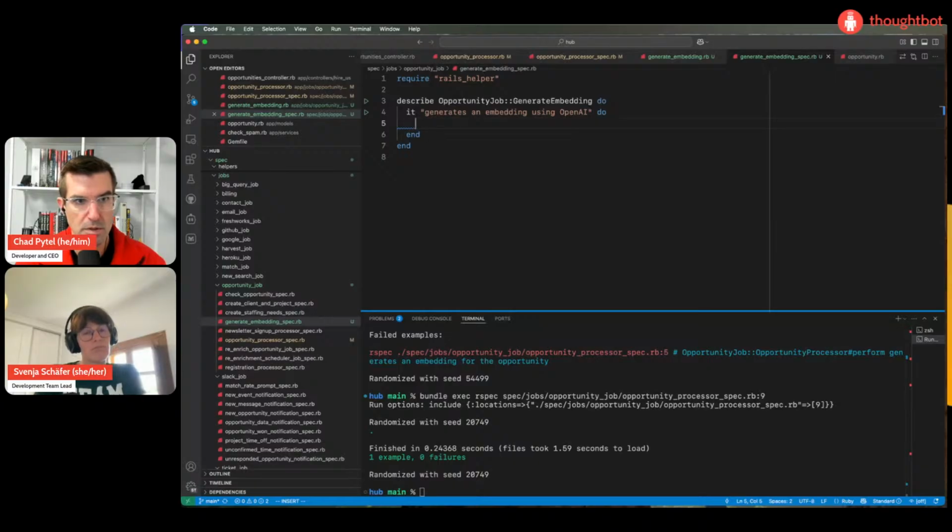Okay. So I find it helpful to just write what the call is going to look like. So we're going to have the OpenAI client.